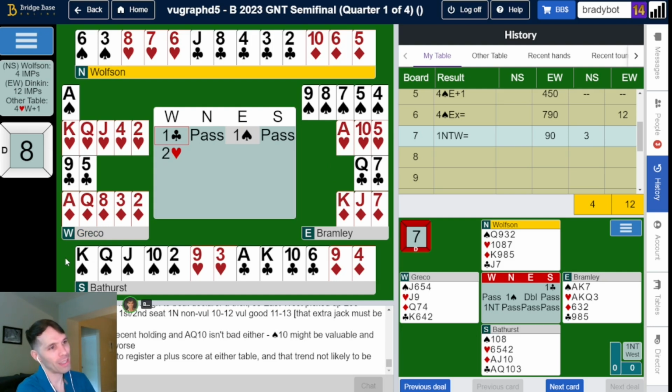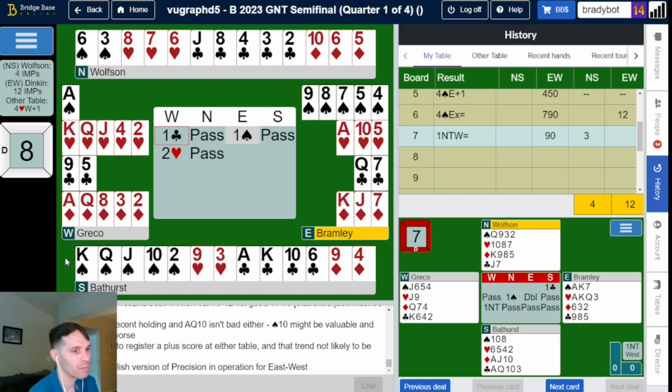Okay, East bids a spade, South Kevin Bathurst once again understanding that this is not his hand. He will have the opportunity later to double 3 no trump, for example, if he wants a spade lead. And so he's just going to bide his time. East-West have found a heart fit, and